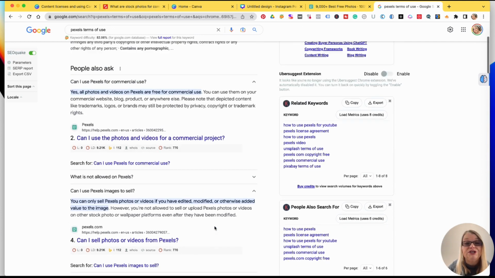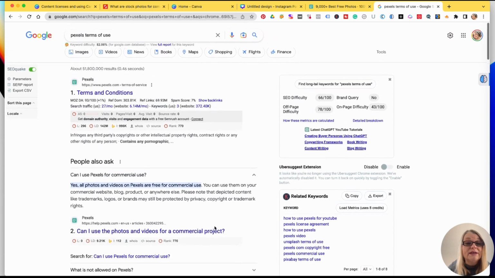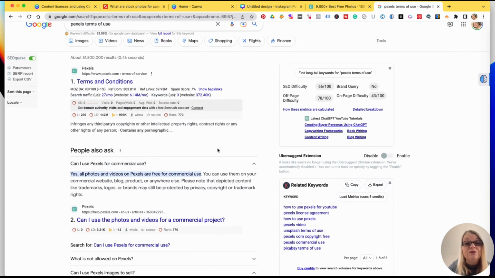I don't know how much of this is going to affect all of us, but you can't just go to their website. If you go to their website, it's never going to say all the small details. Canva is really known for this. They're going to tell you all this stuff, but when you read the fine print, it's a different story. This is why you have to be so careful.